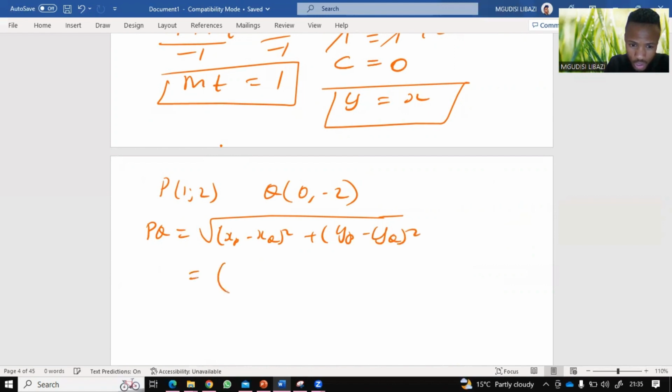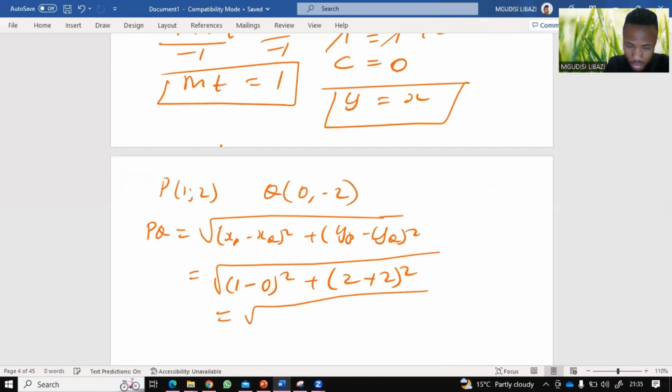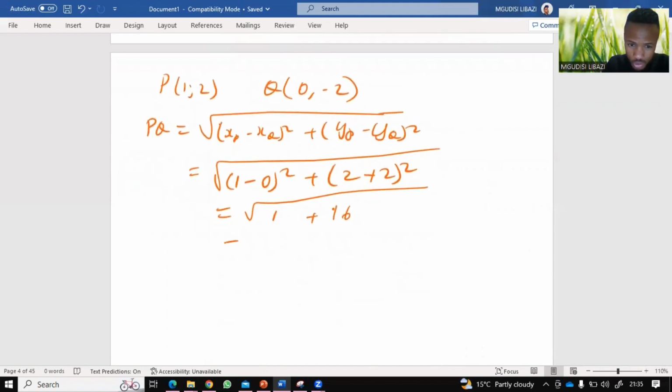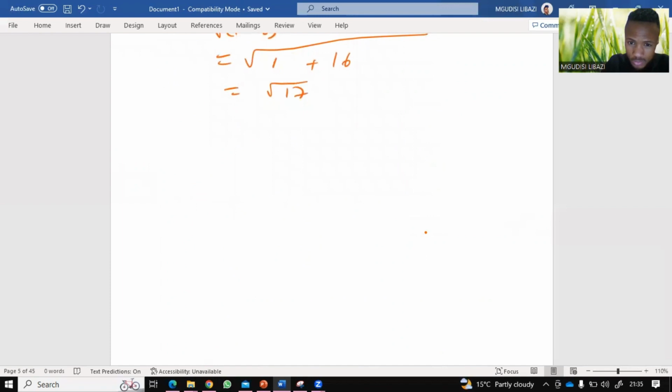And what we're going to do now, we say that we have the square root of XP, and our XP is 1 minus 0 squared plus 2 minus negative 2, so 2 plus 2, squared. And then that's going to be the square root of 1 minus 0 is 1, 1 squared is 1, plus 2 plus 2 is 4, 4 squared, that should be 16. And that means we have the square root of 17 there. So according to that triangle of ours, we have a triangle like this, and then this